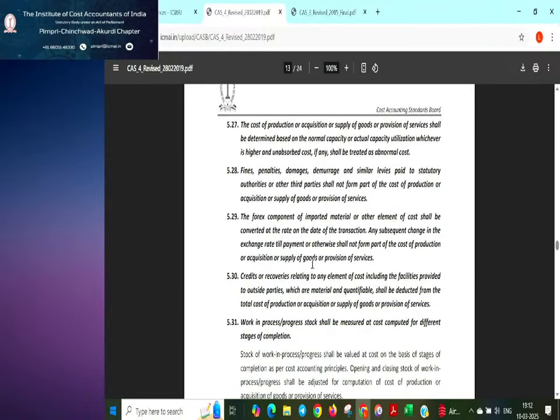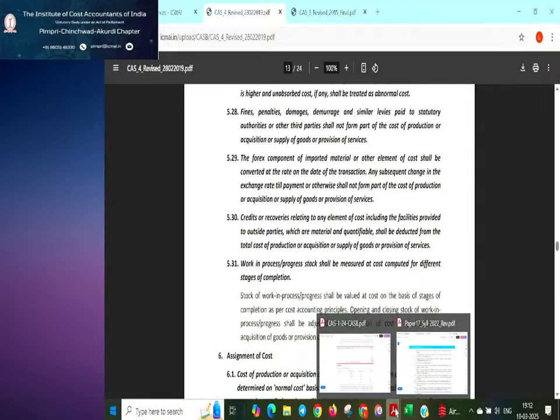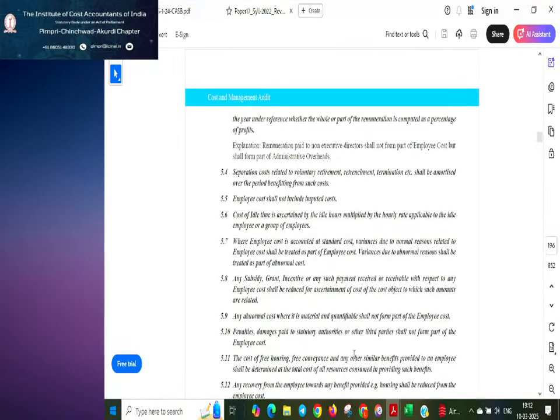Now what we shall do is go through a problem to better understand this cost accounting standard. So I will take you through the problem from our book. Okay, so I will tell you the page number. So these cost accounting standards are very